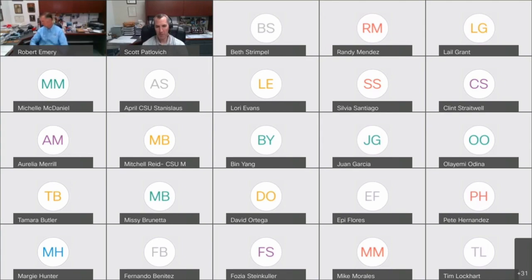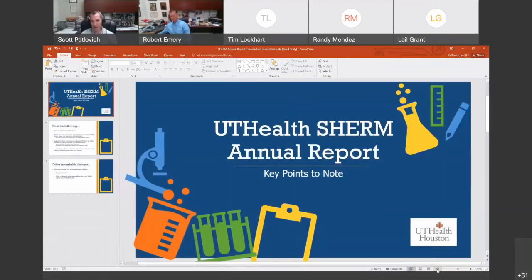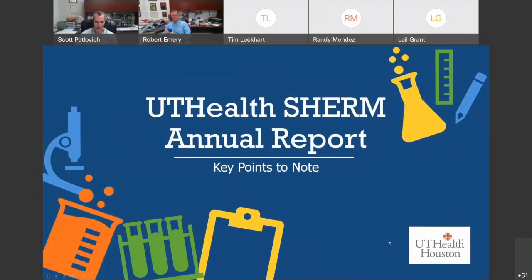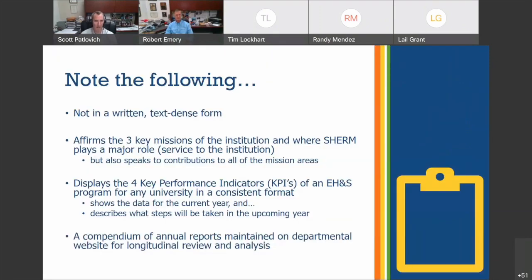Okay, we're going to switch gears now, unless there are any other questions or discussion, and talk about our annual report. What you're going to see over the next couple of slides is really a culmination of what Safety Bob has been talking about over the last two presentations. This short PowerPoint, which is only 3 slides long, you don't have access to. It's something brand new that we just created, but it's really an introduction to our annual report, which you have access to through the Canvas site. But before I dive into the annual report, there are a few things we wanted to point out to make you aware of as we go through the information.